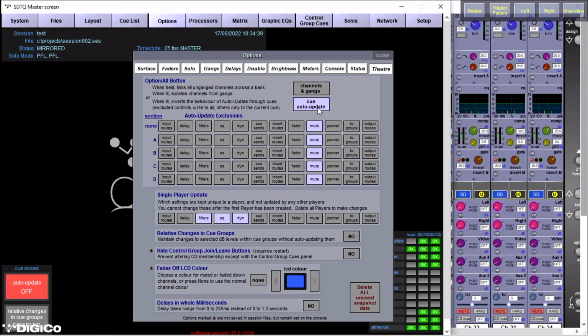Quite often we'll start like this, but actually, it may be that delays are in, because the moment you go and make a delay change, the chances are it's just for the cue you're in, because it's for an artistic sound design result, rather than I want this channel delayed all the time. So you can choose what